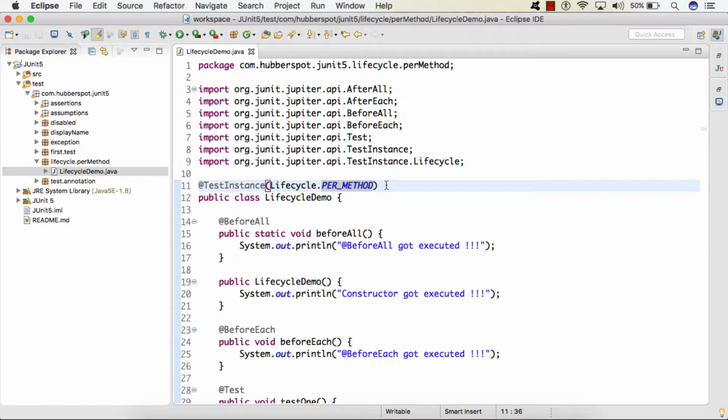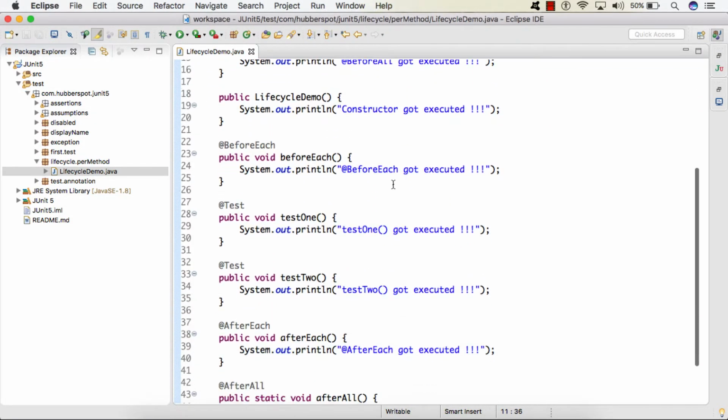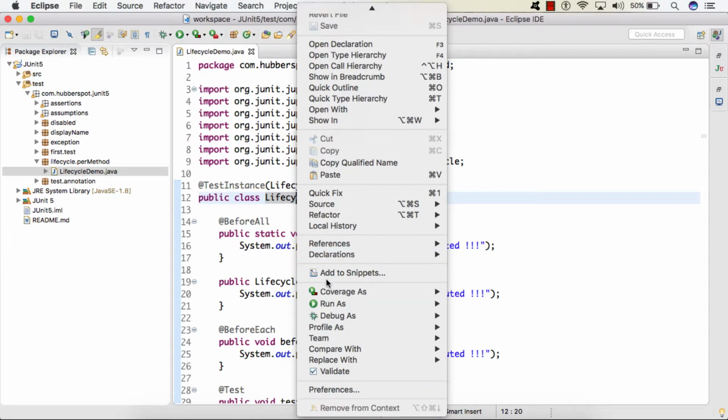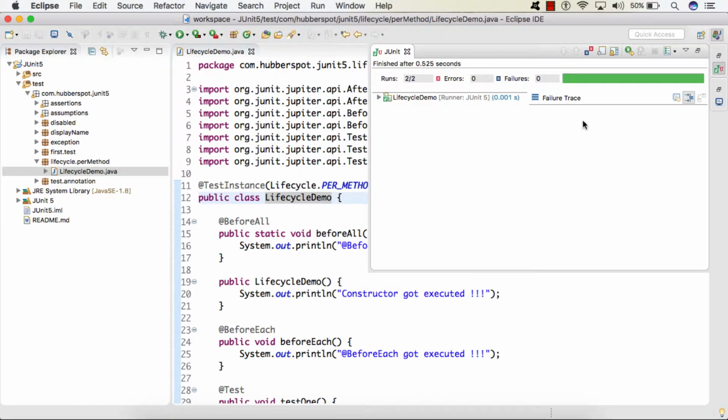And also friends, one more point: even if you don't provide this @TestInstance lifecycle per method annotation, JUnit 5 takes it implicitly. So whether you provide it or not, this will be taken. Let's say I keep it as lifecycle per method. Now I will simply execute this test class. Here you can see that 2 test cases got executed successfully. And if I open the console,